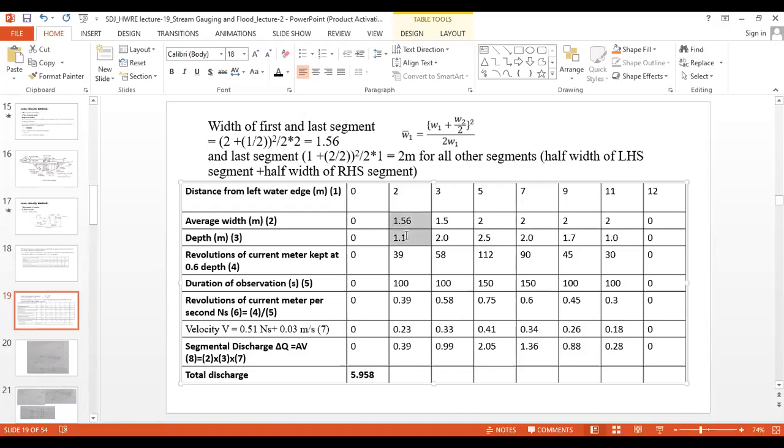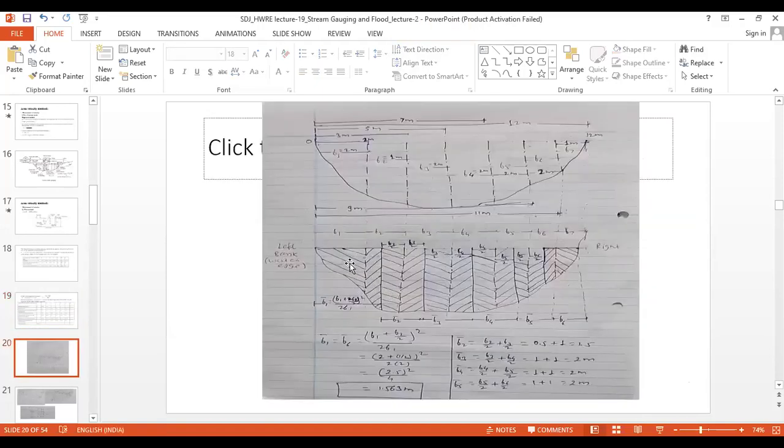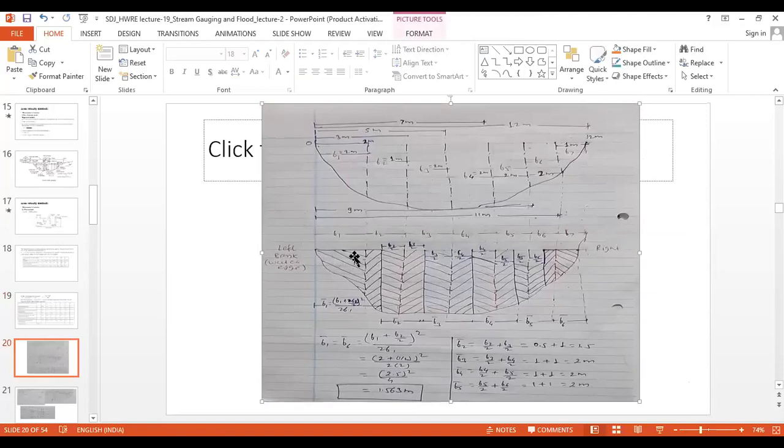यानी कि यहाँ पे हमारा जो हर एक जो स्ट्रिप है, यहाँ पे ये हमारा एक स्ट्रिप है, इसका एरिया निकालने के लिए हमें एवरेज विड्थ इनटू डेप्थ लेना है। सो ये रहेगा डेप्थ और ये रहेगा एवरेज विड्थ। सिमिलरली फॉर सेकंड के लिए this B2 bar will be average width and this will be the depth.